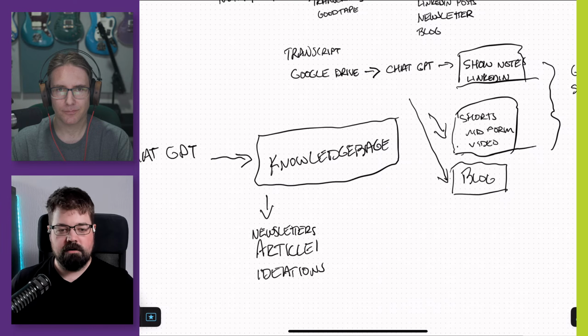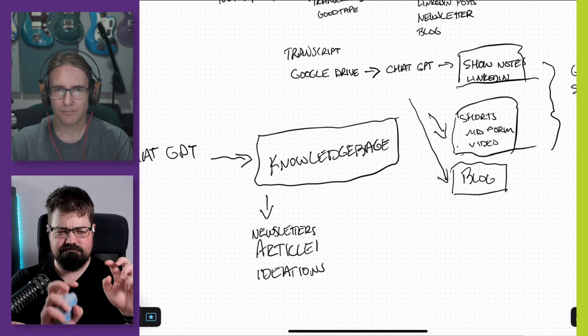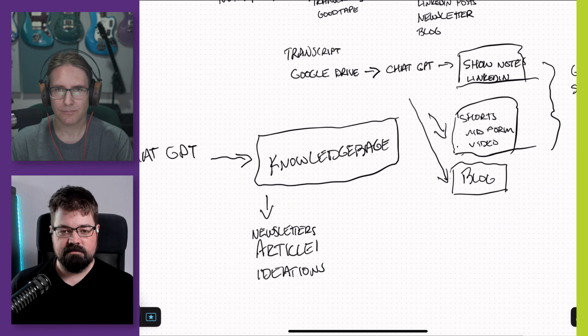Just colloquially off the top of my head, I understand ChatGPT to be very good at processing information, but perhaps not as personable and human as Claude. So perhaps the information repository goes through ChatGPT for ideation for a blog, and then the writing is in its first draft from ChatGPT and then gets sent to Claude, where it has a grammar pass, a human pass, whatever, and makes it a bit more personable than it would be out of ChatGPT. Have you got experience in circumstances like that? And have you seen where that can be valuable?